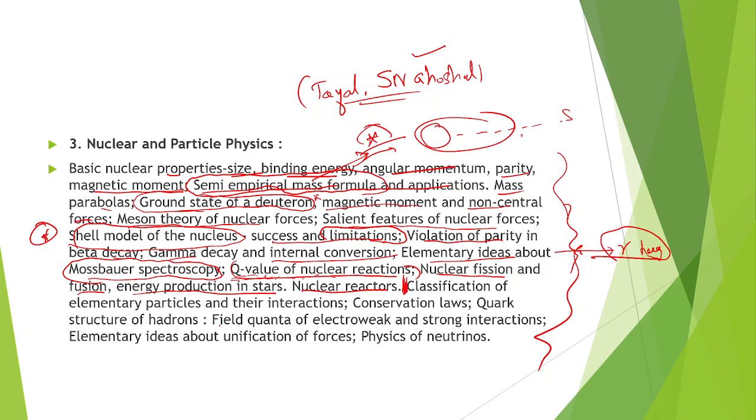Now we have classification of elementary particles and their interactions. Conservation laws, quark structure of hadrons, field quanta of electroweak and strong interaction, elementary ideas about unification of forces, and physics of neutrinos. We'll read everything